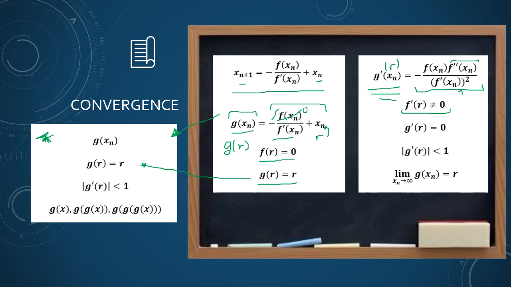Now recall that f evaluated at r is equal to 0 because that's the root of f. Then we have that g prime of r is equal to 0. Taking the absolute value, the absolute value of 0 is 0, that is definitely less than 1, and that's really all we need to say that